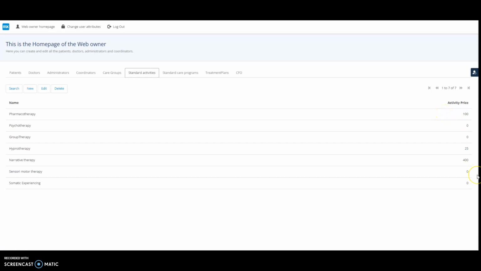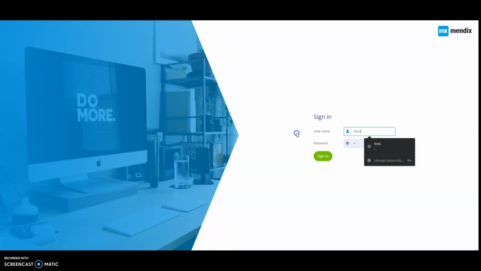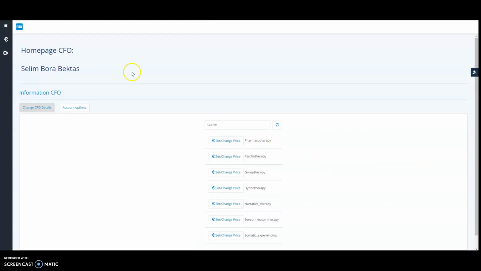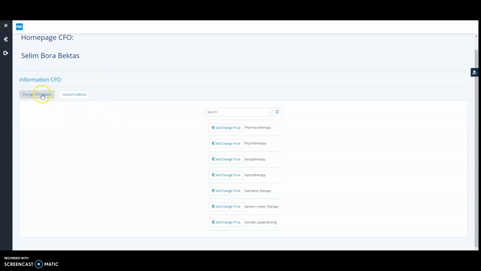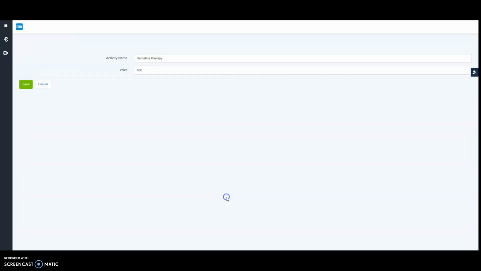For example, the narrative therapy is 400, and we can change it from the CFO page. The username is Bora, and here is the homepage of the CFO, where the information and CFO details are shown here. And here you can set or change the price of each standard activity. So for example, if we want to change the narrative therapy from 400 to 1000,